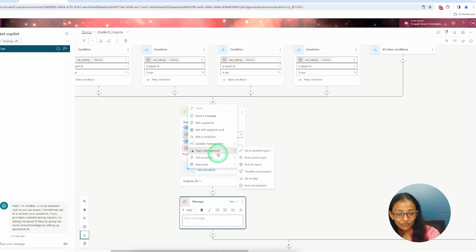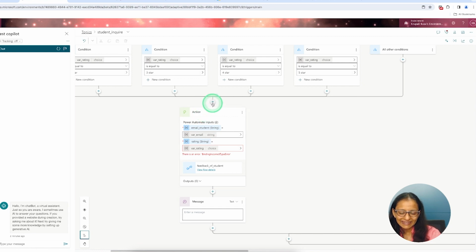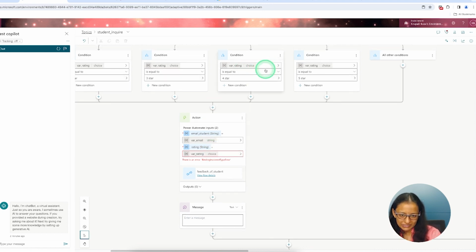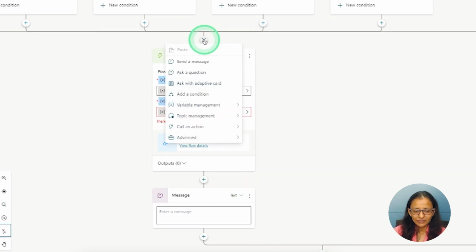So for that, what we need to do? Let's see that. Here you need to add an action, or rather set a variable which will convert that choice into a string, and then we will pass that variable. So let's design for that.